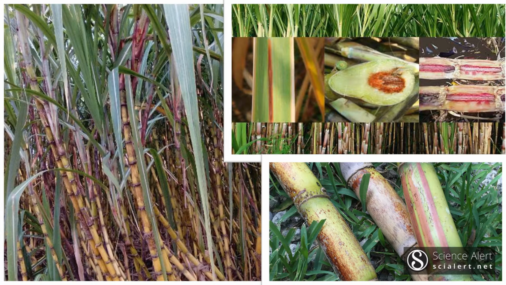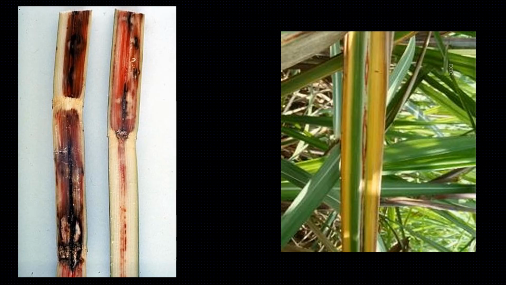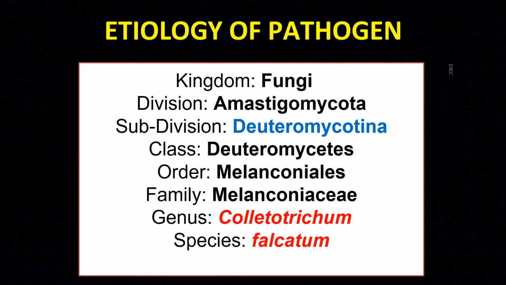So in all these pictures, you can very clearly see how you can recognize the disease and what the symptoms of red rot of sugarcane are. About the effect of the disease: red rot attacks the standing sugarcane crop and causes enormous loss. In an epidemic form, it causes a heavy reduction in the stands and even threatens to wipe out the entire crop in the field. Due to enzymatic action of the pathogen, the sucrose in the cane juice is converted into glucose and alcohol. This loss in sugarcane may be as high as 33%, and consequently there is a reduction in the recoverable sugar in the factory.